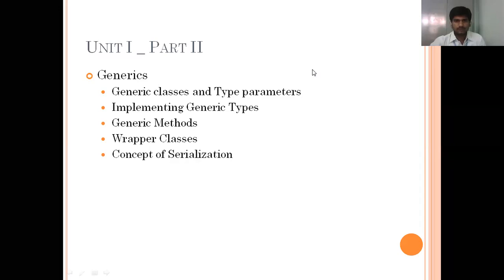Thank you. So you know what is a generic and why we are using generics in the program. In most programming we are giving input of maybe two types. One is a character and the other is a number. So characters and numbers, input is given to a program. So what type of input do we have to give to the program? That is the question.